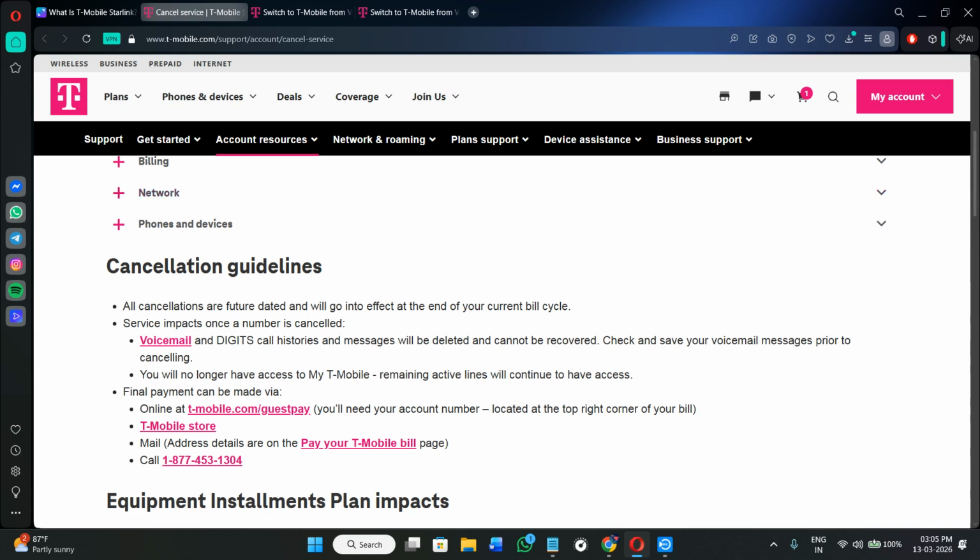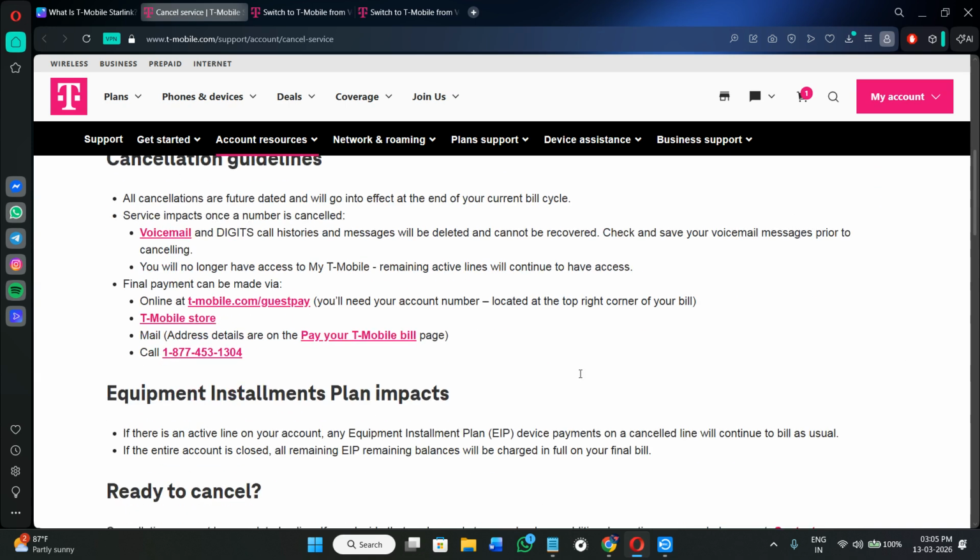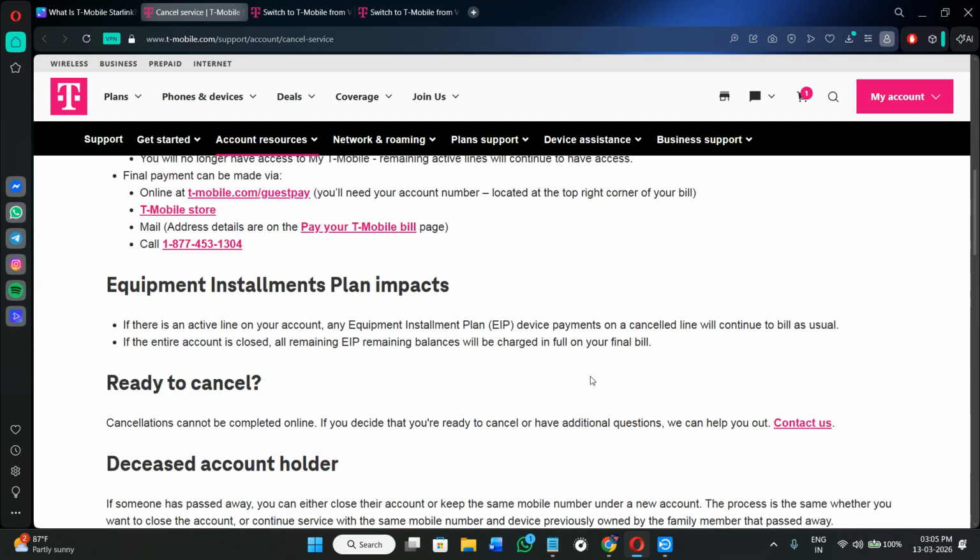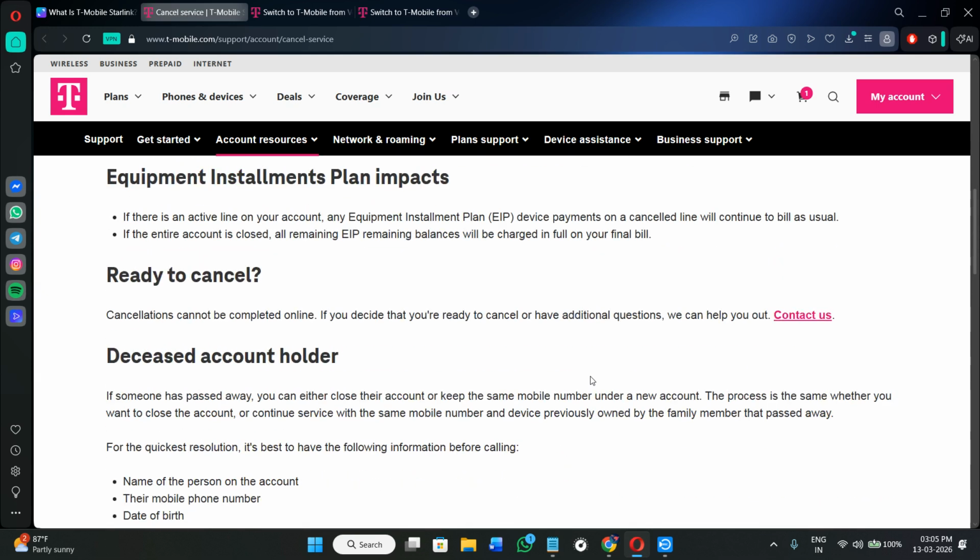Now, before canceling your service, first of all, you need to check your account balance and the device payments. If you are financing a phone through T-Mobile, the remaining balance may become due when the line is cancelled. It's also a good idea to check your billing cycle so that you could understand when your last bill will